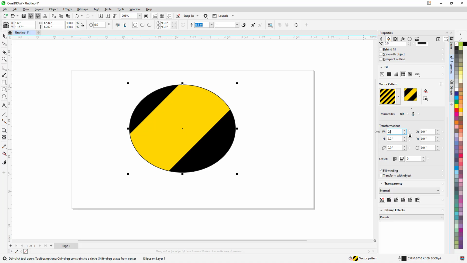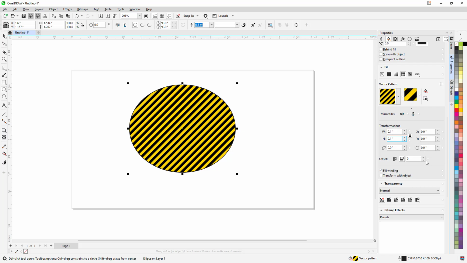And then let's say, for example, type in the pattern right here, just like this, and this is what you have. And that is how you can go ahead and then work with the pattern fills inside of Corel